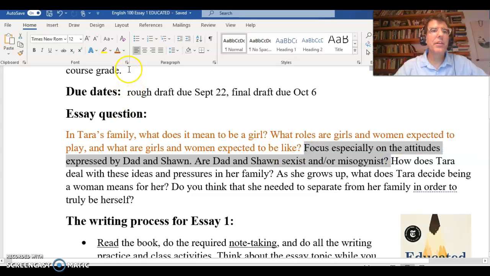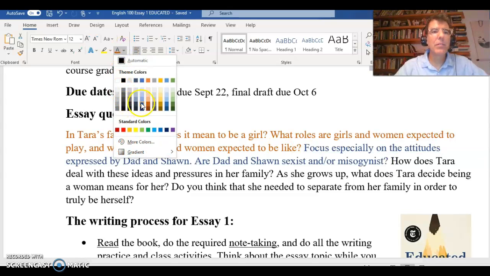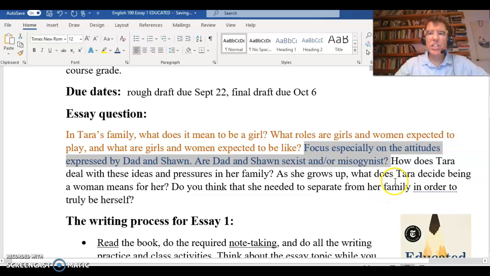Let's make this one a different color. We'll make it blue. Focus especially on the attitudes expressed by Dad and Sean. Are Dad and Sean sexist and/or misogynist? So you've got to ask yourself, is this a brand new question, or is this kind of about the orange part?